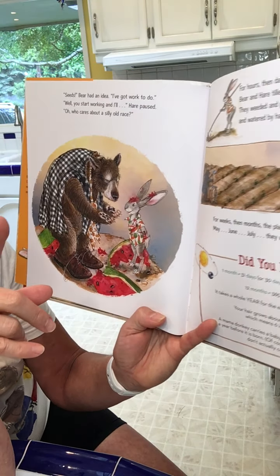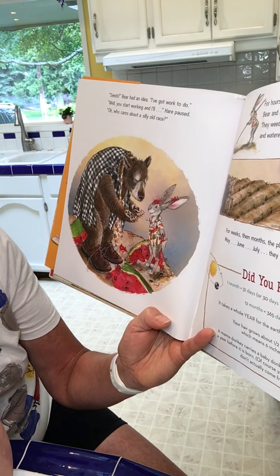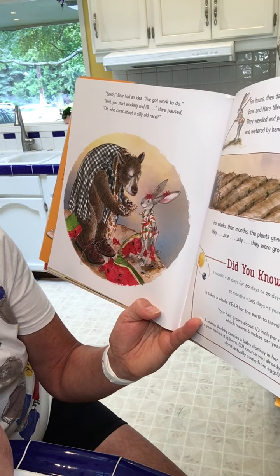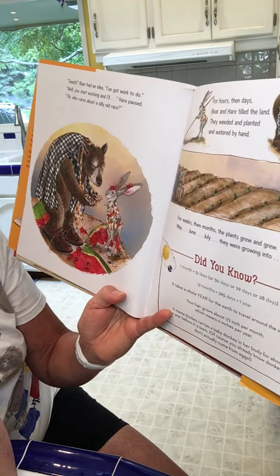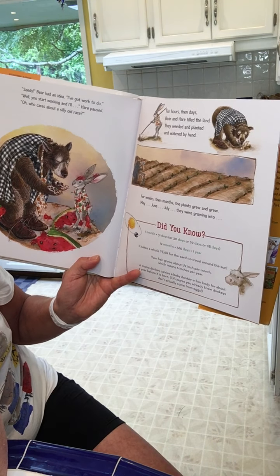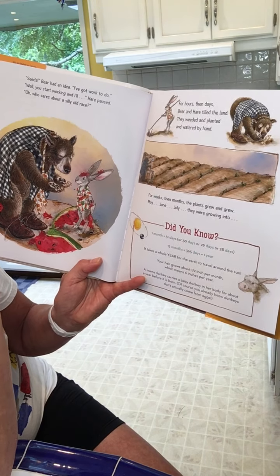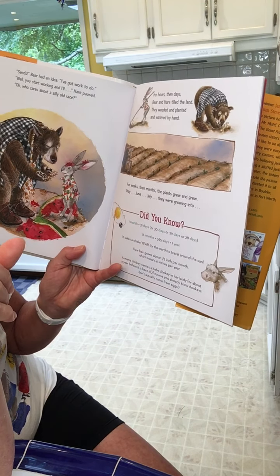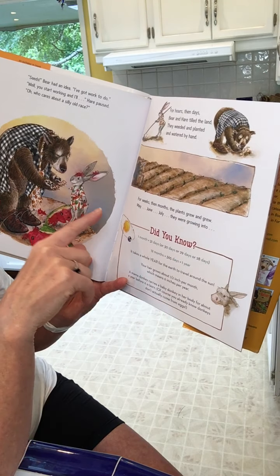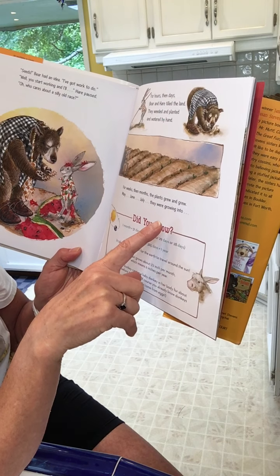Seeds! Oh, Bear had an idea. Ding! I've got work to do. Well, you start working and I'll... Hare paused. Oh, who cares about a silly old race? For hours, then days, Bear and Hare tilled the land. They weeded and planted and watered by hand. For weeks, then months, the plants grew and grew. May, June, July, they were growing into...